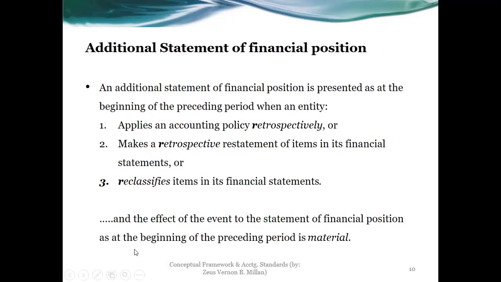And the effect of the event to the statement of financial position as at the beginning of the preceding period is material. So what is material again is a matter of qualitative and quantitative. So it's a matter of the, let's say, quality as well as the size of the items or the amounts. So this has also to be considered because for all we know, we are looking into the impact of errors, but then they're immaterial. So cost benefit principle must be applied along the way such that the benefits must exceed